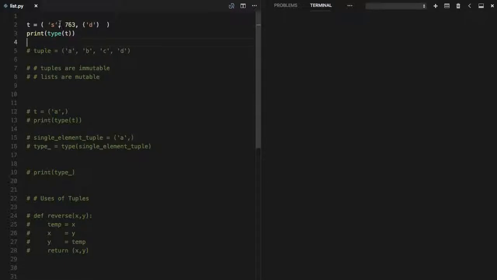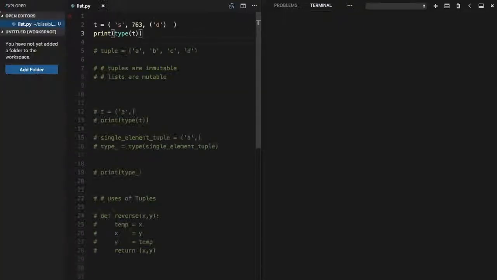Tuples in Python are defined by an open and close parenthesis, and in between them we can pass any type of data we want, like a string or an integer or another tuple inside a tuple. So this print of type of t will be of type tuple, and it will print tuple. So if I run this in terminal,